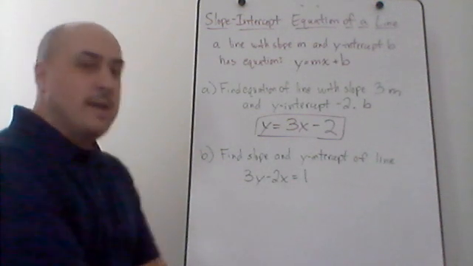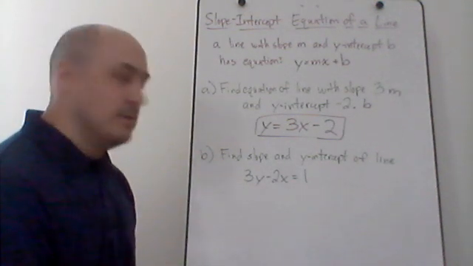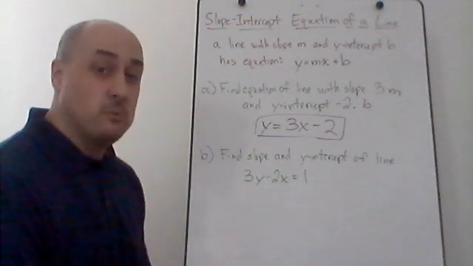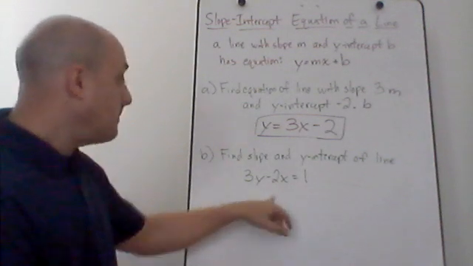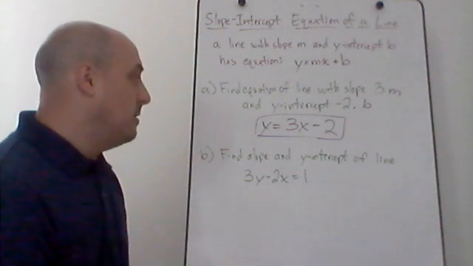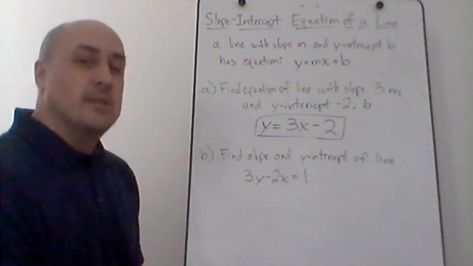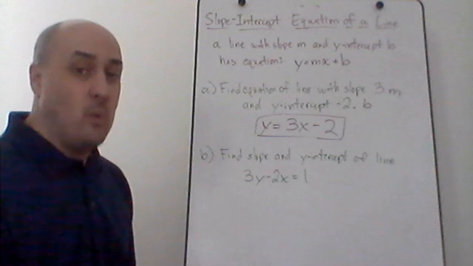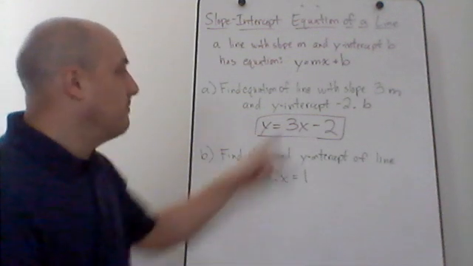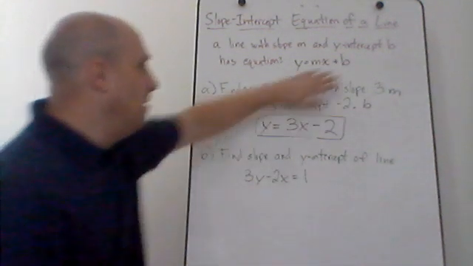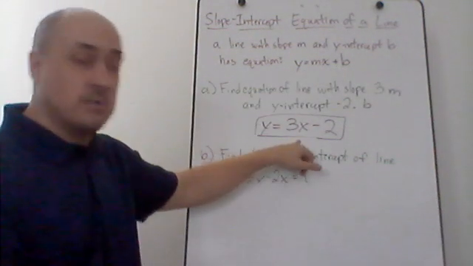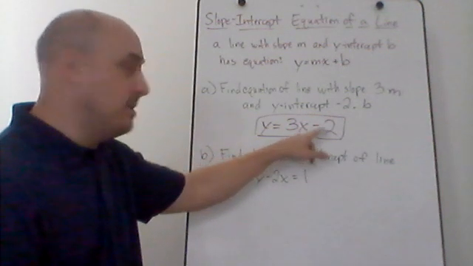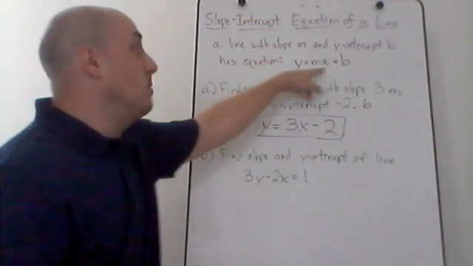Find the slope and the y-intercept of the line 3y minus 2x equals 0. No, 3y minus 2x equals 1. I should read what's actually up there. All right, so I want to find the slope and the y-intercept of this line. All right, so if you have a linear equation and you're asked to find the slope of that line, or if you're asked to find the y-intercept of that line, well, if they just tell me y equals 3x minus 2, just by looking at this, I know that the slope equals 3 and the y-intercept equals negative 2, because it's in that slope-intercept form,